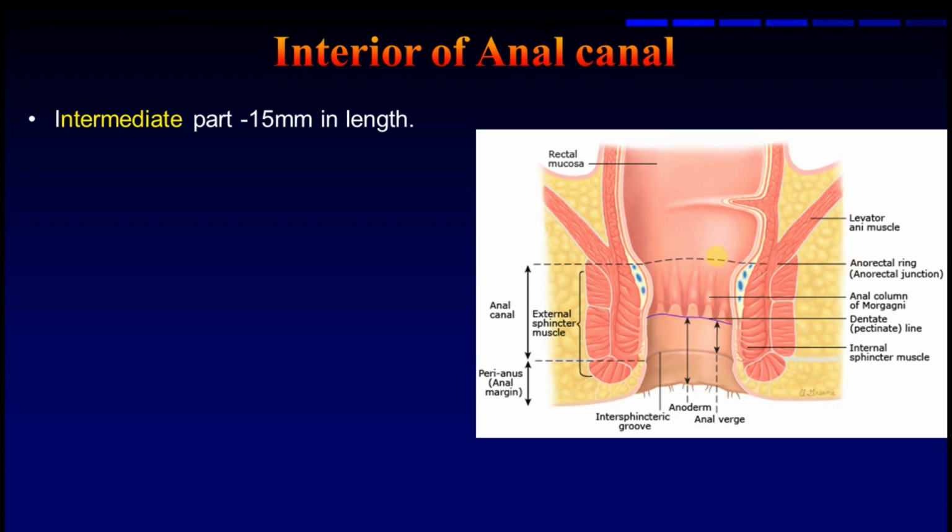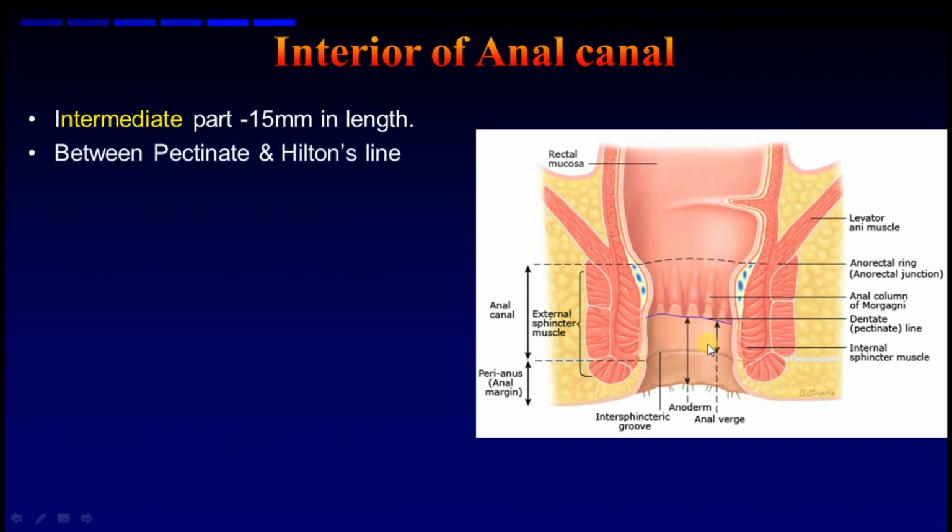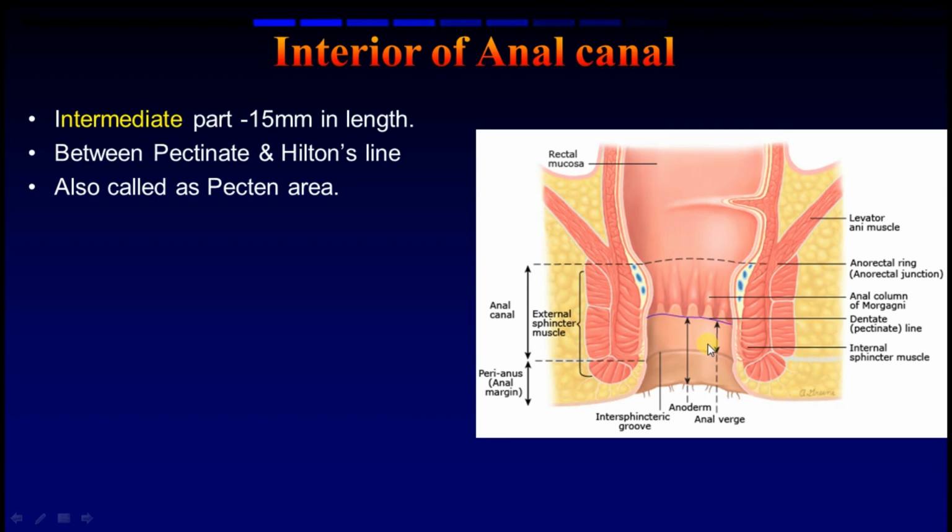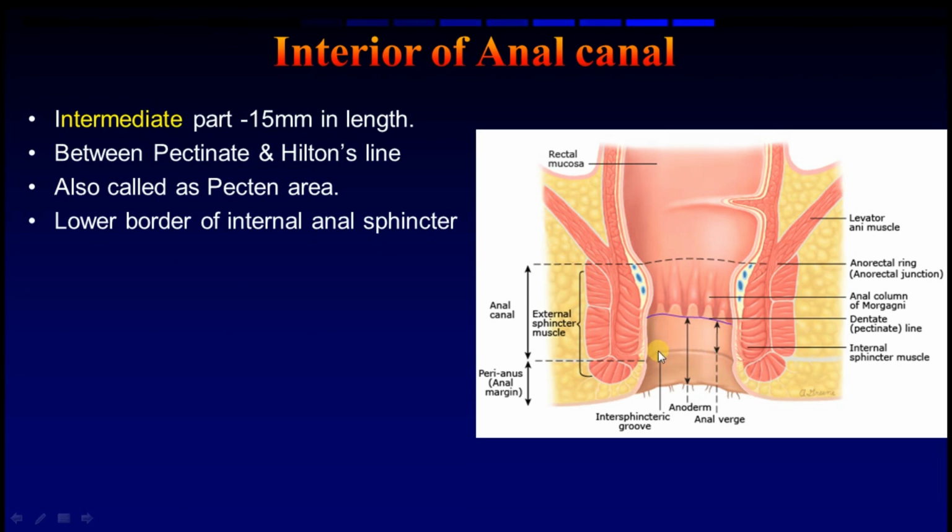The intermediate part is situated below the pectinate line or dentate line, and its lower limit is marked by Hilton's line or the white line of Hilton. It is 15 millimeters in length and is also called the pecten zone or pecten area. Hilton's line represents the lower border of the internal anal sphincter. So this is your internal anal sphincter, and these three parts, 1, 2 and 3, are the external anal sphincter. The lower border of the internal anal sphincter corresponds to